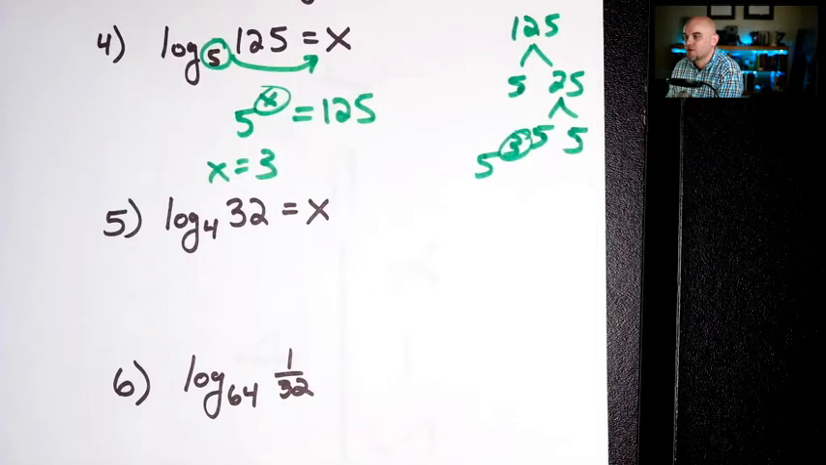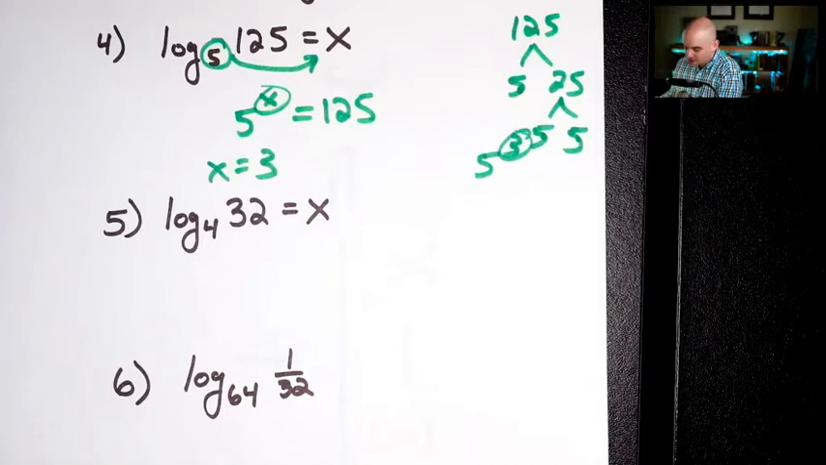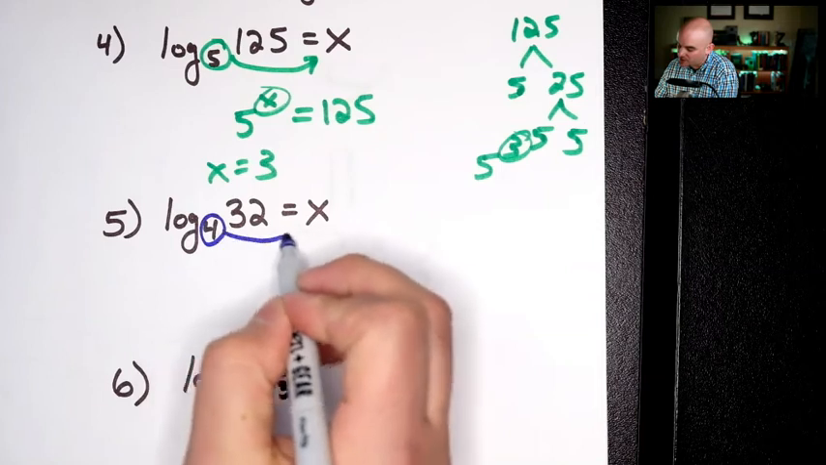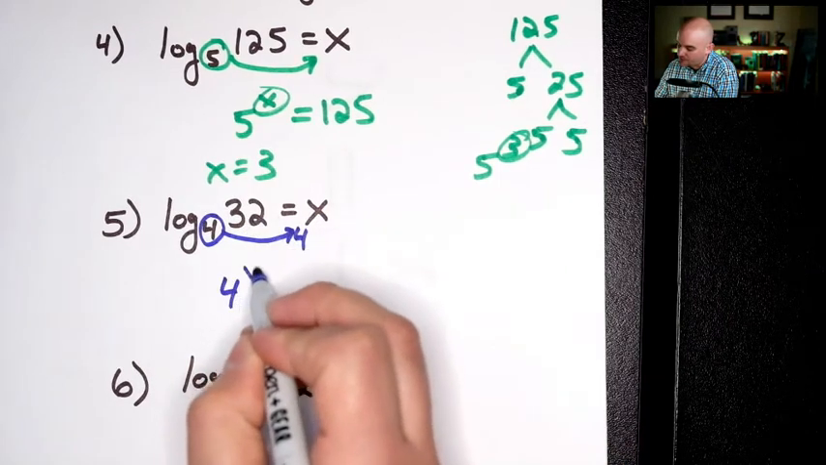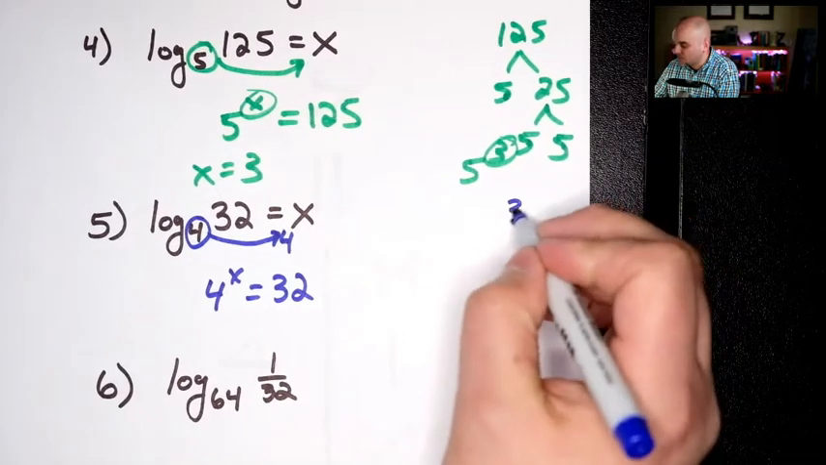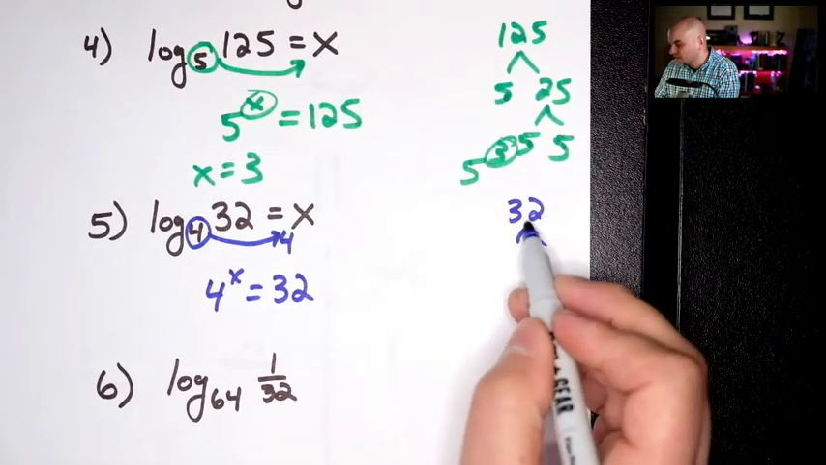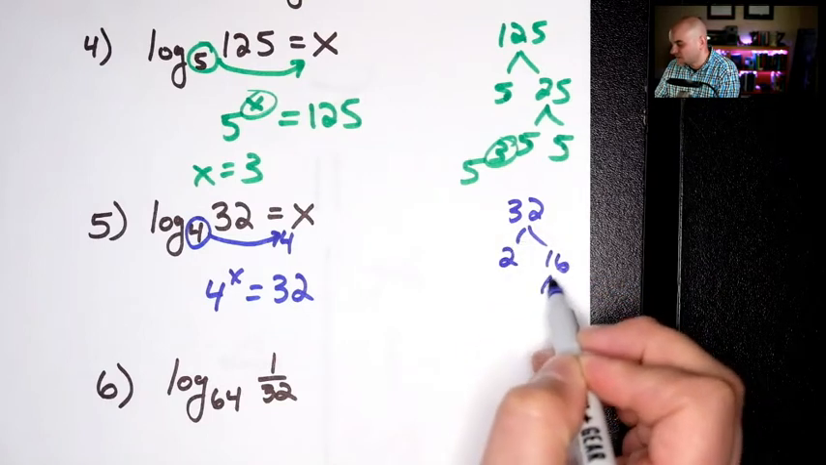Try this one out. You can pause the video, give it a try. The log base 4 of 32 is equal to x. Once again, as we convert it to exponential form, we're going to take that base and slide it over right here and say 4 to the x equals 32. Well, what value will make that true? So I'm going to take 32 and I'm going to factor it down. So I've got 32 is the same thing as 2 times 16, and 16 is the same thing as